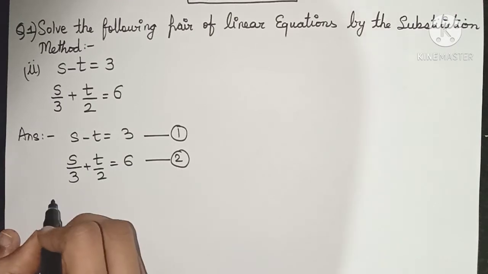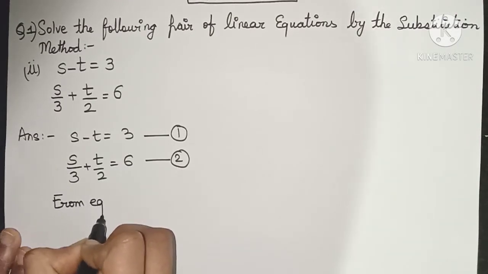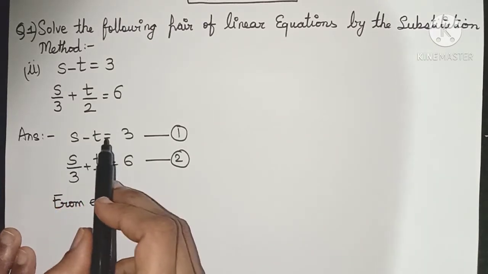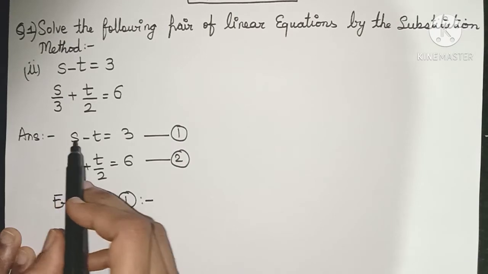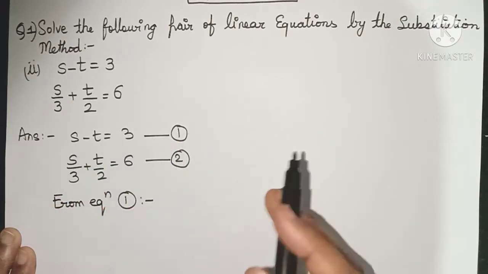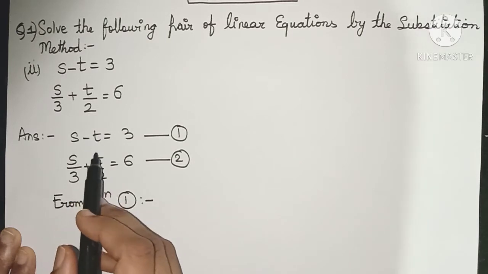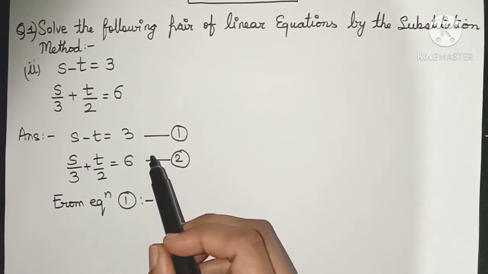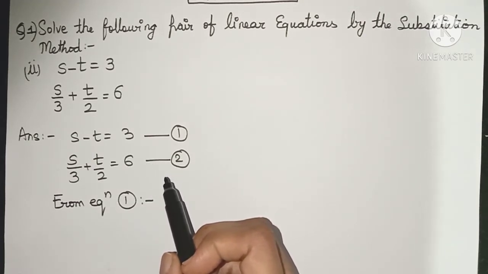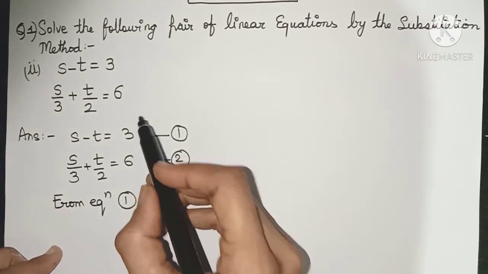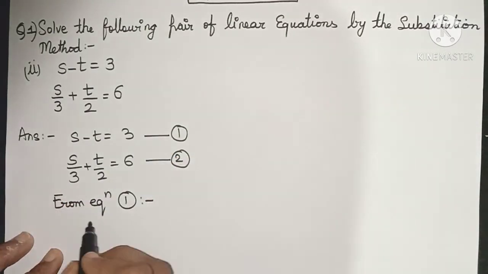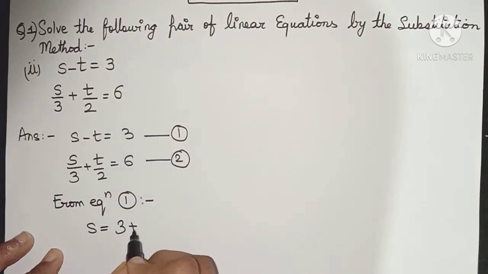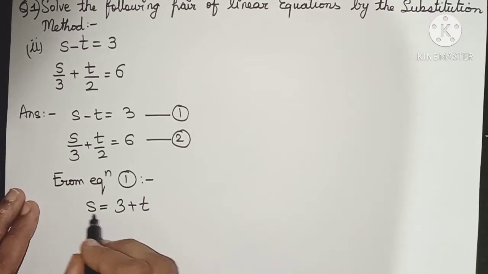So what we do is, we will write from equation 1. Now what are we going to do, friends? We can either express s in terms of t. That is, you keep s on one side and bring t to the other side. Or you can keep t on one side and bring s to the other side. Again here also you have a lot of freedom to choose. Please choose the easier one. So if I express s in terms of t, I will get s is equal to 3. I simply have to bring the t to the other side. Did you notice that, friends? It is so easy, right?